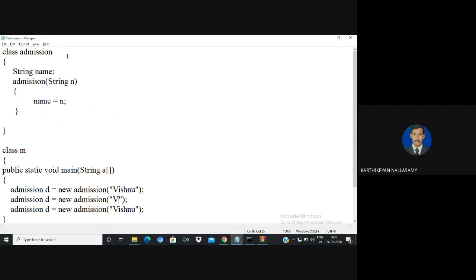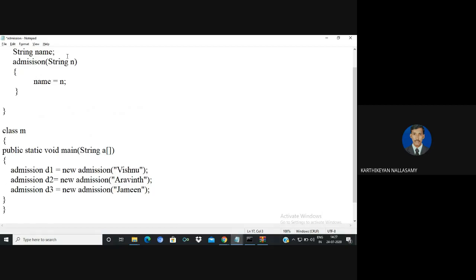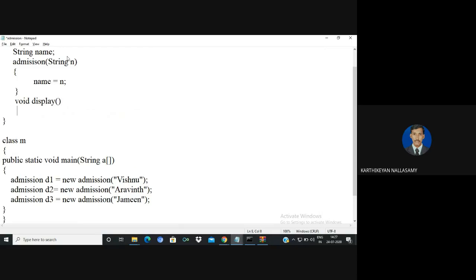So here one is Vishnu, Aravind, and so these are the members coming for an admission. The object names are D1, D2, D3. So here we know that three members are coming for an admission. We know the values and how to display them. If you want, you can go with an array of objects also. That is one thing.